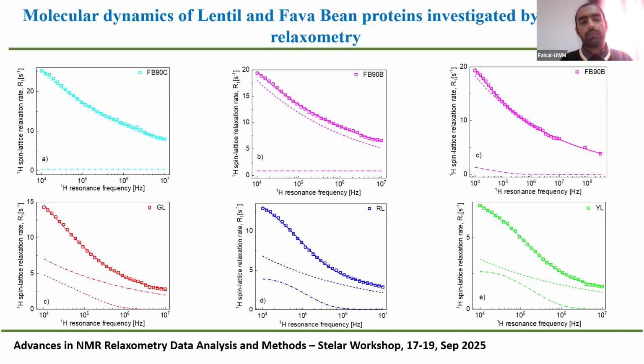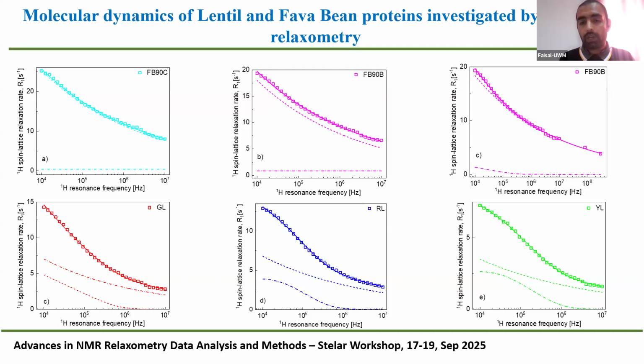So we made 5 different kinds of lentil samples, and one of the fava bean 90C, which we measured up to 300 megahertz in Professor Petro's lab. But in 2 cases, as we see here, fava bean 90B and 90C, you see that we have a whole value of this majority. The motion we have, this is the